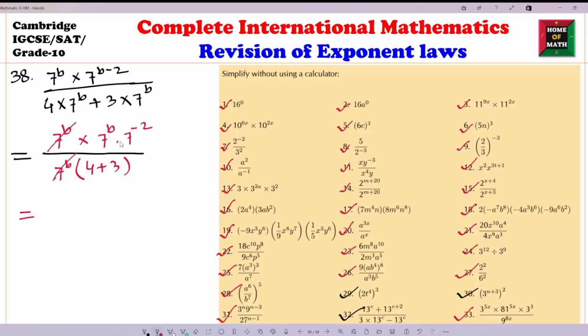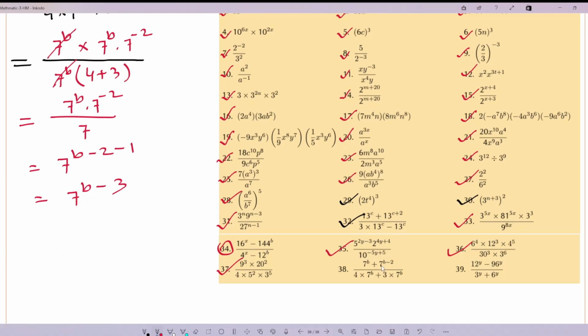Now look, 7 to the power b times 7 to the power minus 2, and 4 plus 3 is 7. So totally we write this one like this, 7 to the power b minus 2, and divide 7, it means 7 to the power 1, it's also minus 1. So our answer is 7 to the power b minus 3. Okay, number 38 done. And our final math in this video, 39,